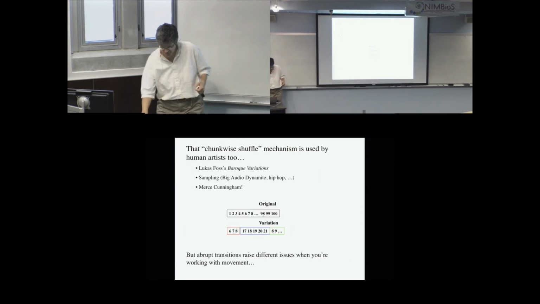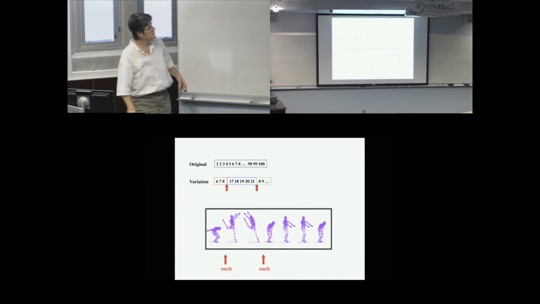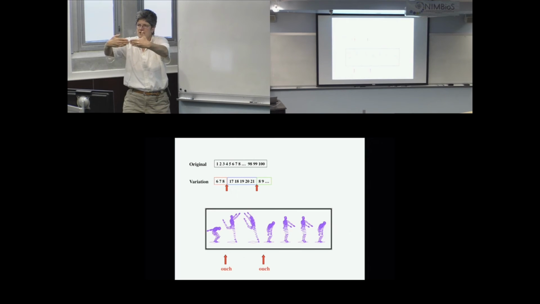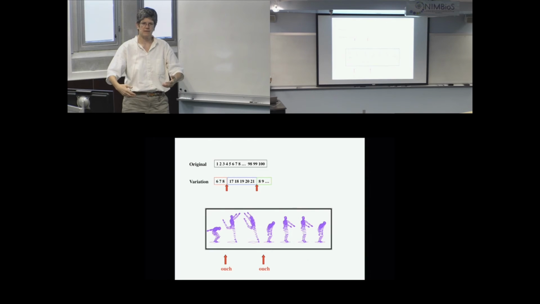And the issue is, we know that the human body can go from here to here to here to here because we saw it happen. And we know that the human body can go from here to here to here to here because we saw it happen. But going from here to here might hurt. These can be very far away in body space. And if you have to go from here to here to here in 1/10 of a second, and there to there in 1/10 of a second, those could be very different in body space. So those places where the chunks get patched together can give you problems. Kinesiological problems and stylistic problems. Because breakdancing, you move very differently than ballet.